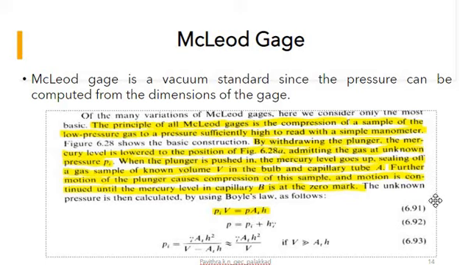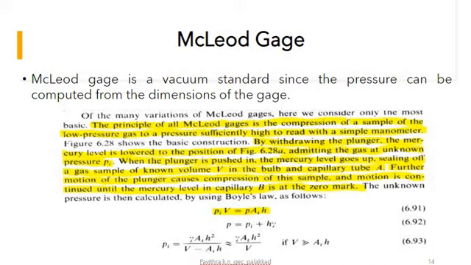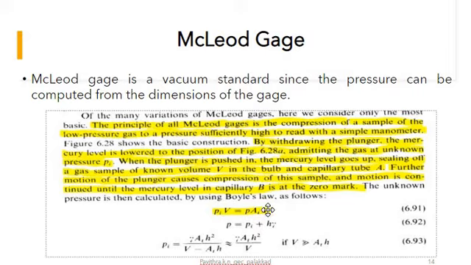At the point when the zero level of B is attained, we stop moving the plunger. At that time we note down the height, and the volume of B is a known volume, so we already have that. The pressure we need to calculate is P. By this equation you can calculate P. P is Pi plus H.